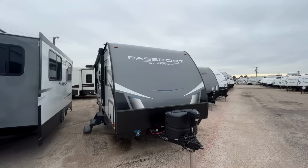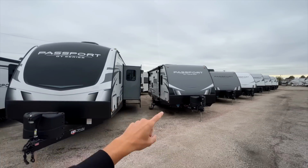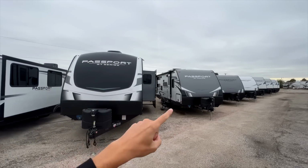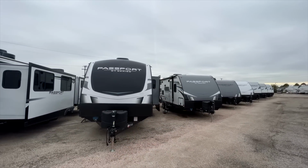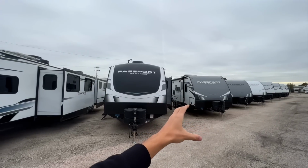So some differences with that. Your GT series also come with a fireplace, where the SL series do not. Barreled ceiling in there, where the SL series has a flat ceiling. Some differences like that. So the SL series is going to be an even less expensive Passport option, and then